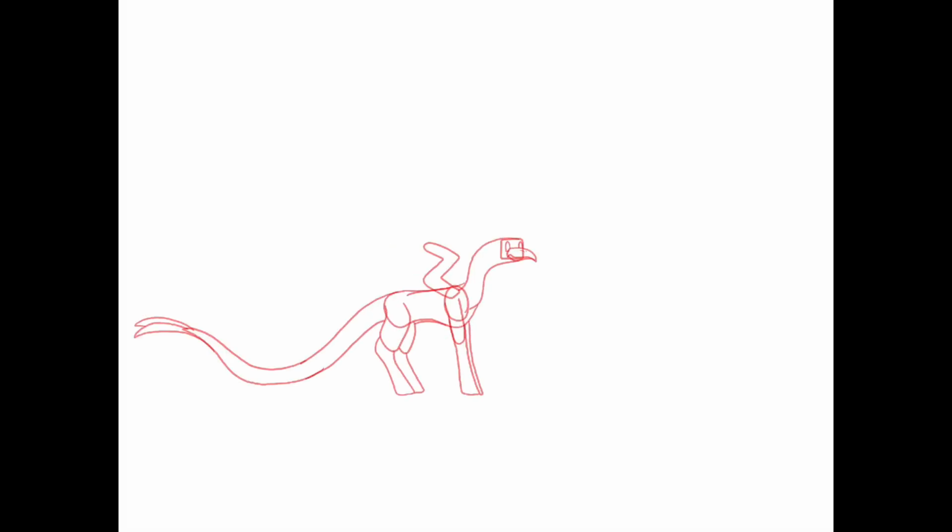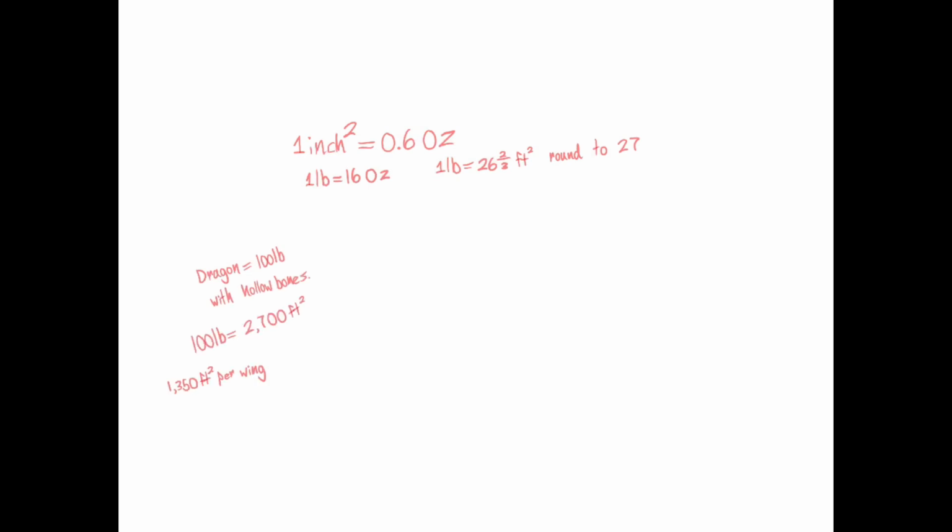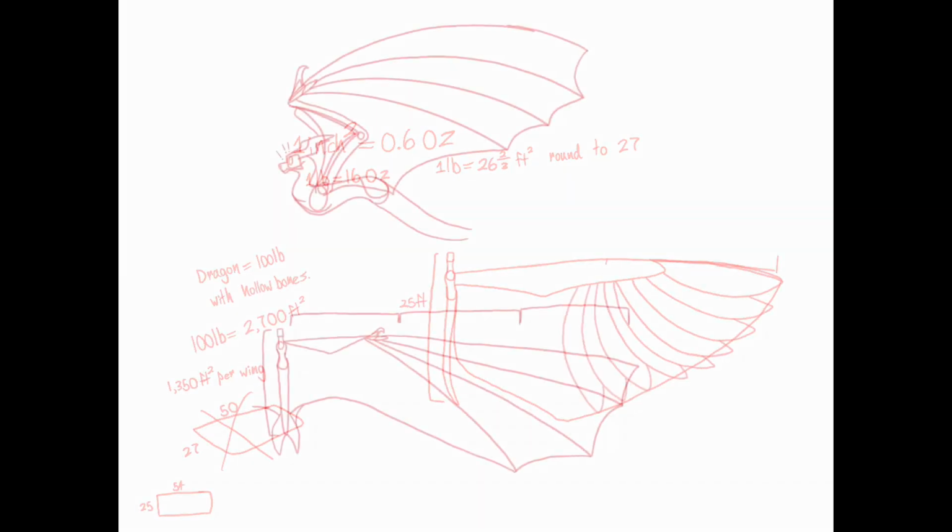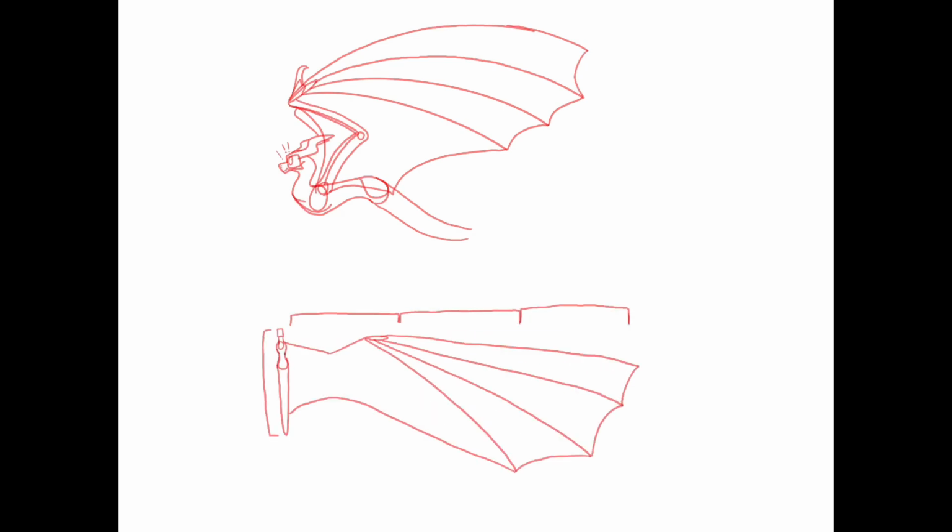Trying to realistically calculate how big your wing should be for your creature can be a bit of a big task all on its own. Scientifically, you need 1 square inch of wing for every 0.6 ounces of weight. When you have a 500-pound dragon, those wings can inevitably get pretty large. Usually, what I do for dragons instead of this is make each wing 3 times the body length, including the